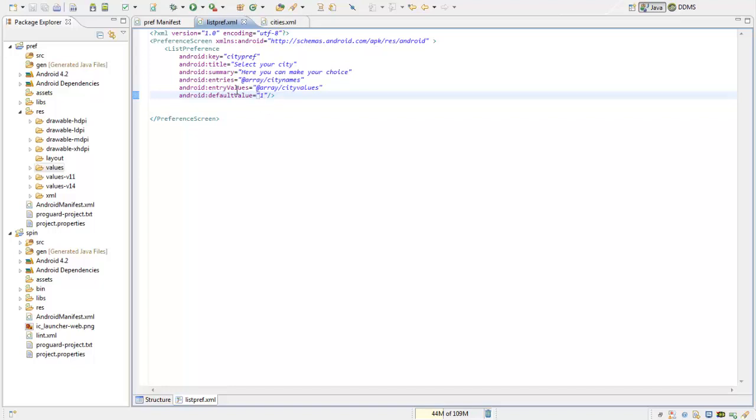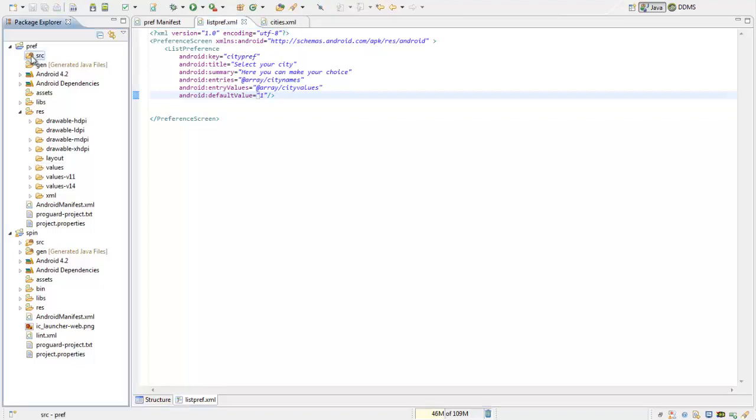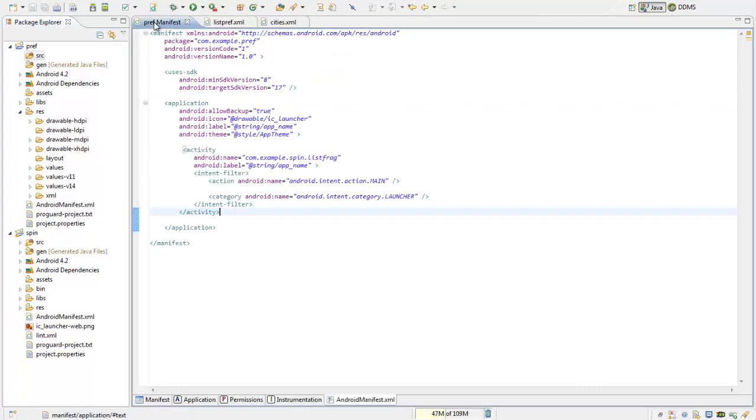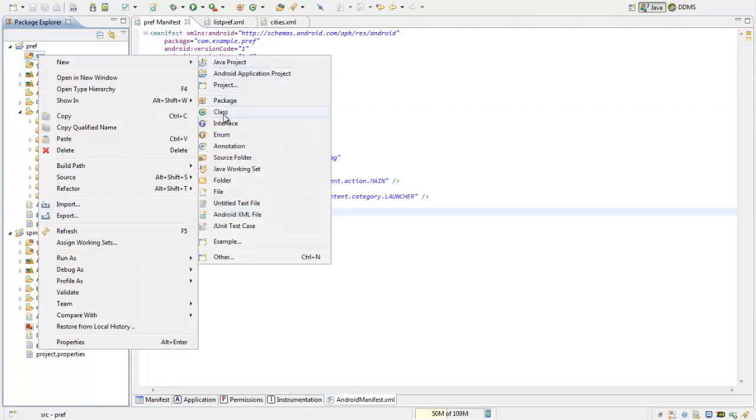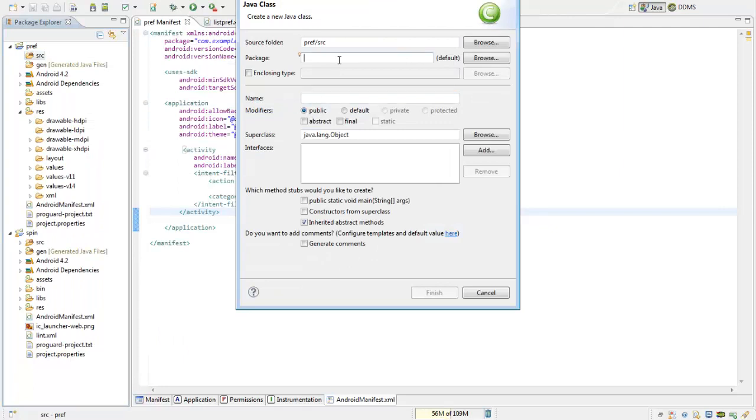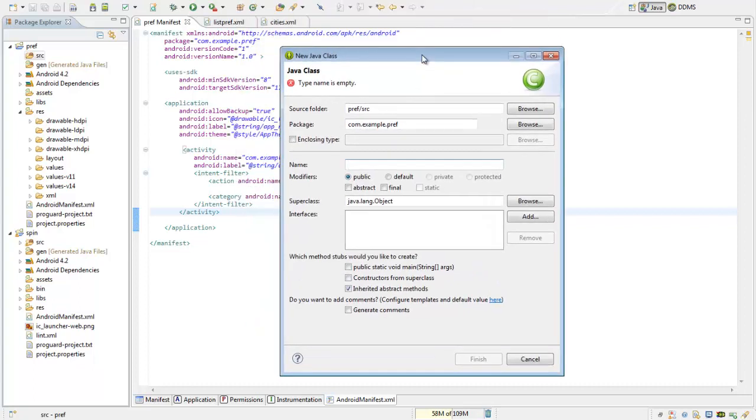Now we'll create a preference activity that will show this list preference. So I'll go to source, and new class, and the package is com.example.pref, and I'll name this ListPrefShow.